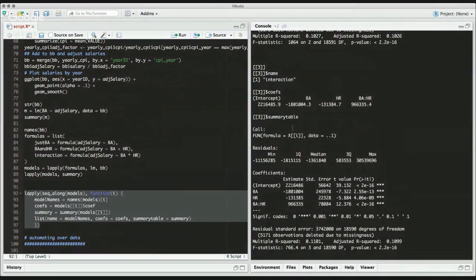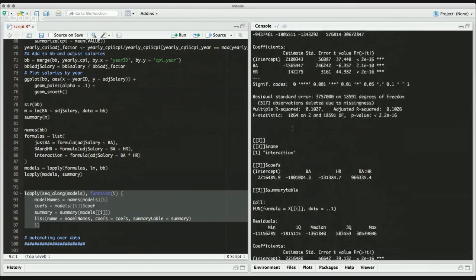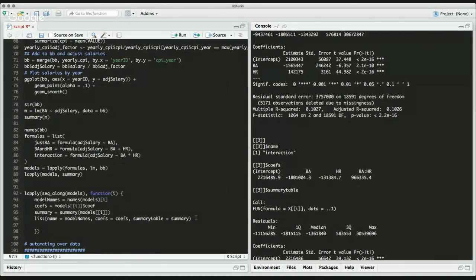And we get a list of lists, right? Because for each model that we send to lapply, we get a list of 3 things back. And again, we can do things of arbitrary complexity. I'm struggling a little bit to come up with useful examples, but we could say,